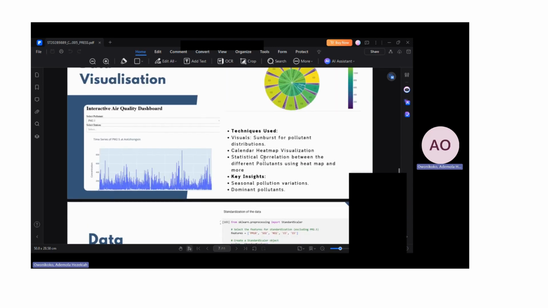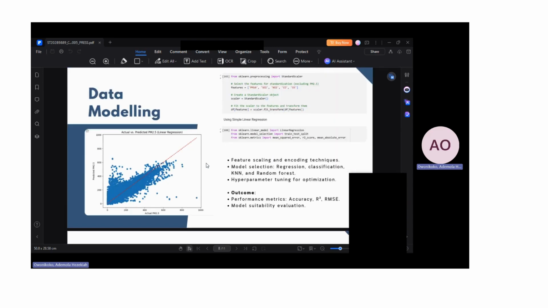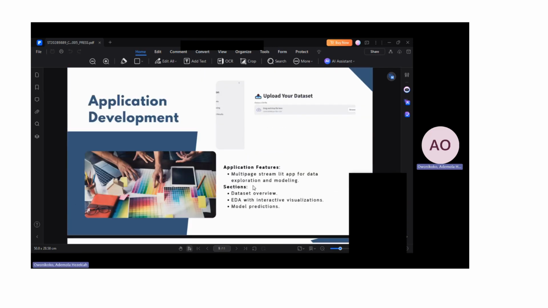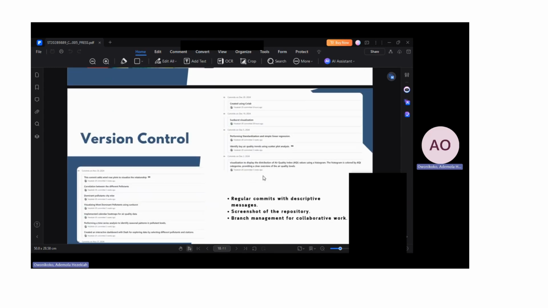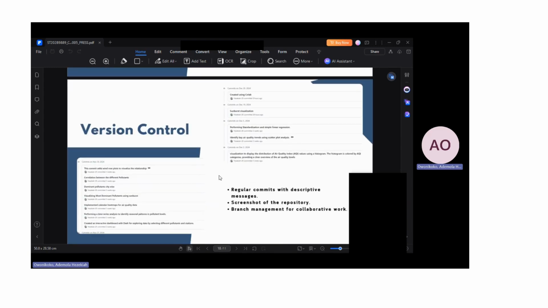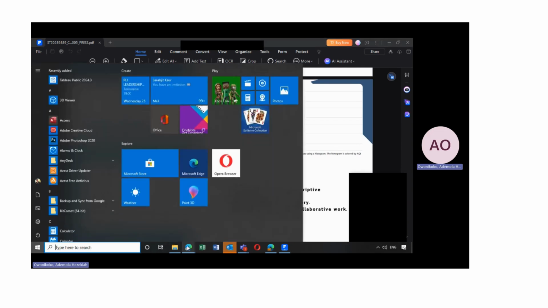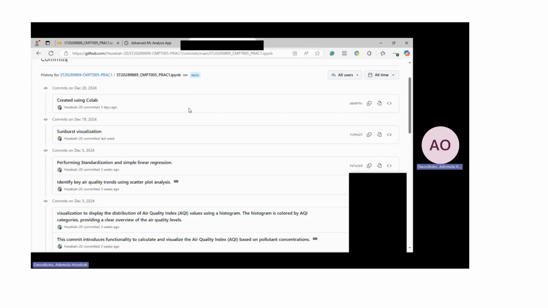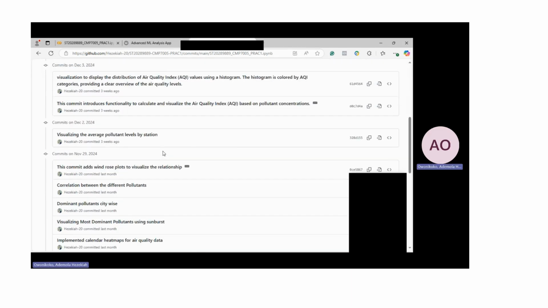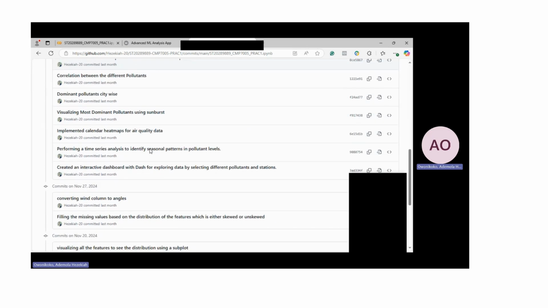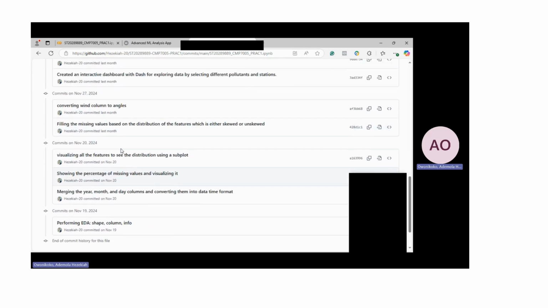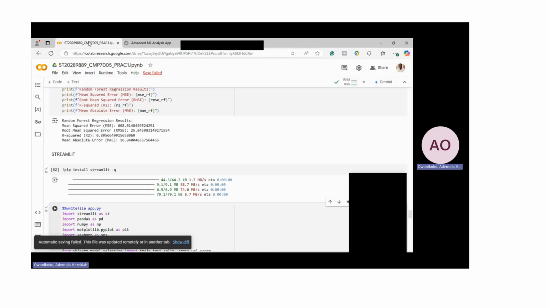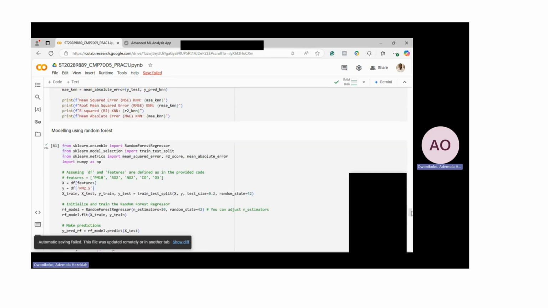And then I did the visualization, and I did the modeling, which I'll be showing, and developed an app on Streamlit. And then lastly, I did the version control, which I'll be showing on my GitHub. So I committed all of this over version control, with an analysis description on my Streamlit. And going to the IPYNB file, I also